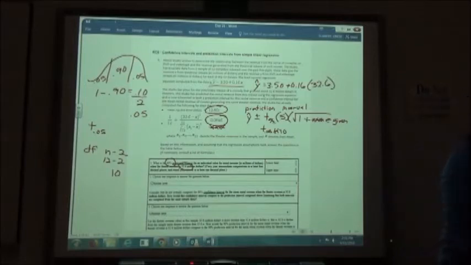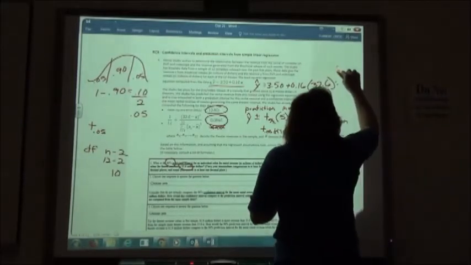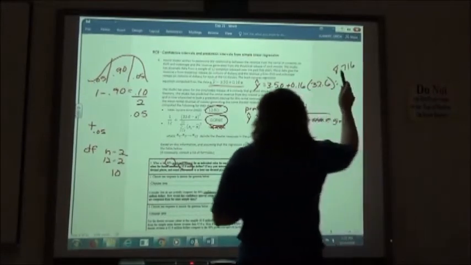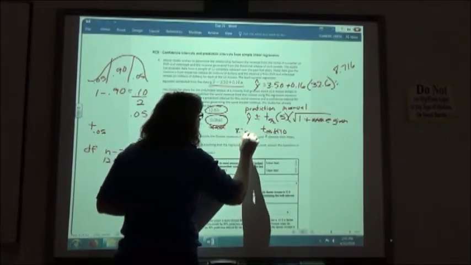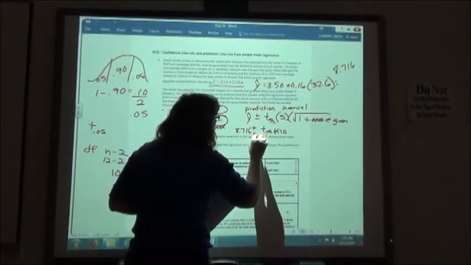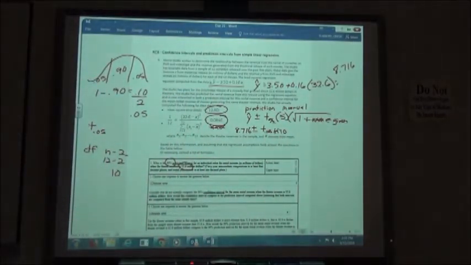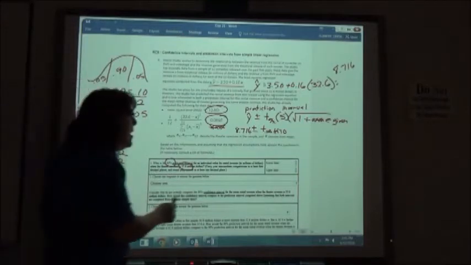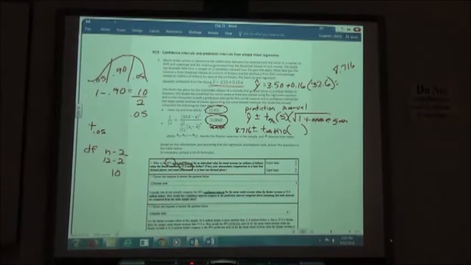And I'm coming up with a y hat value of 8.716. That value here is my y hat value. So I'm going to have 8.716 plus or minus, then my t that we already figured out, t sub 0.05 with a degree of freedom of 10. Click up to the side. We need to find what the S number is. The S number there is, if I'm looking here,